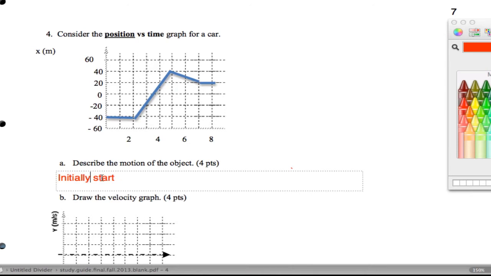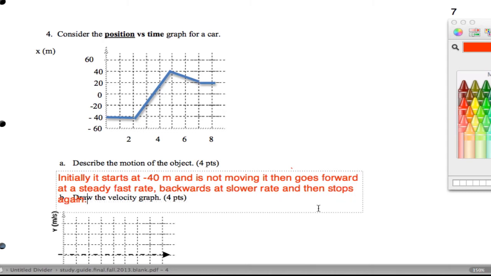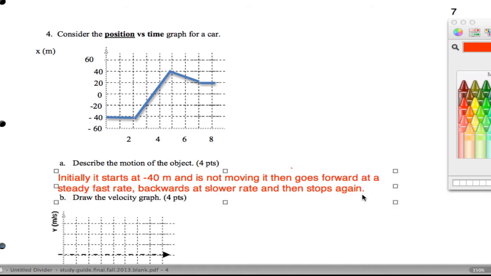Initially, it starts at negative 40 meters and is not moving. It then goes forward at a steady, fast rate, backwards at a slower rate, and then stops again. So the way I would actually want to have us write this, let's be careful, is we want to